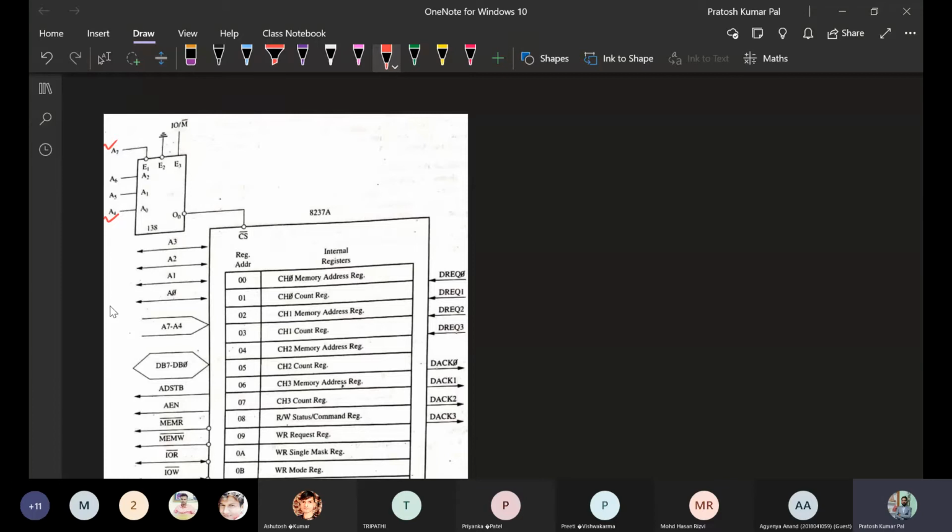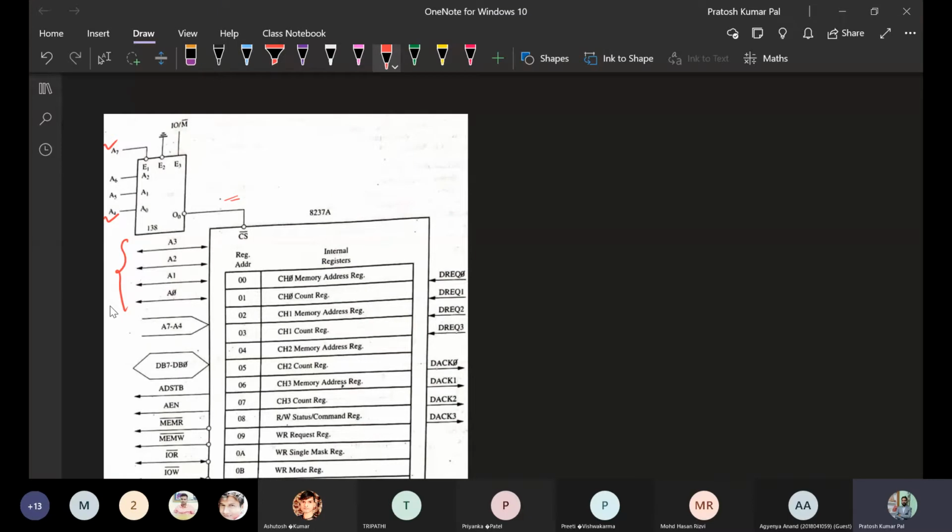Different registers will be selected based on the values of A0 to A3 and the chip select. The chip select will be activated based on the A4 to A7 value. The chip select will be enabled by this configuration that is used by a decoder, which will be decoding the chip select configuration into the chip select signal. And based on the values of A0 to A3, different registers will be selected.